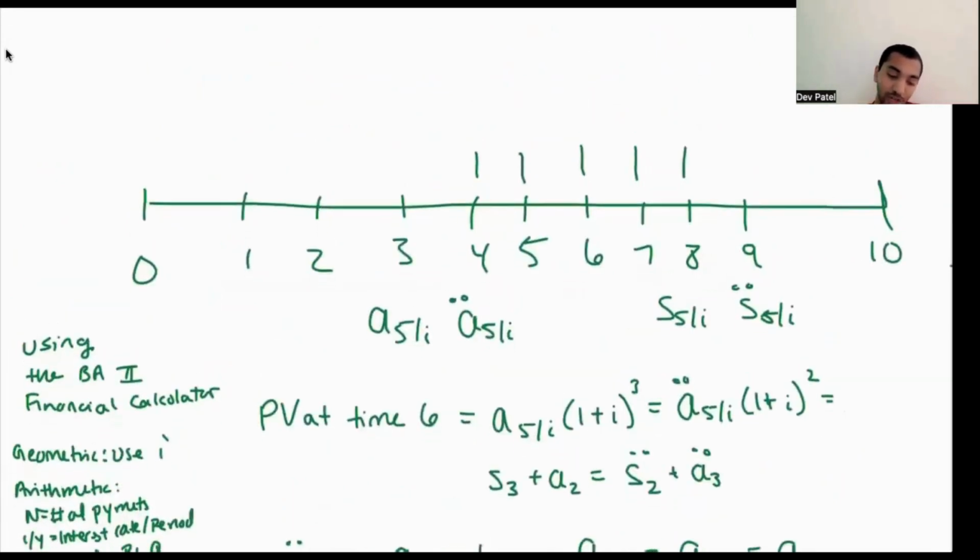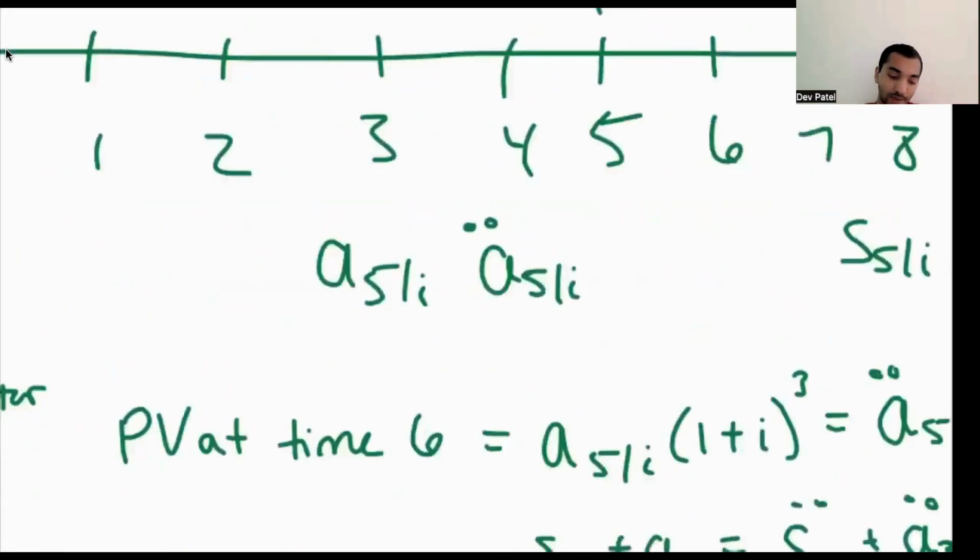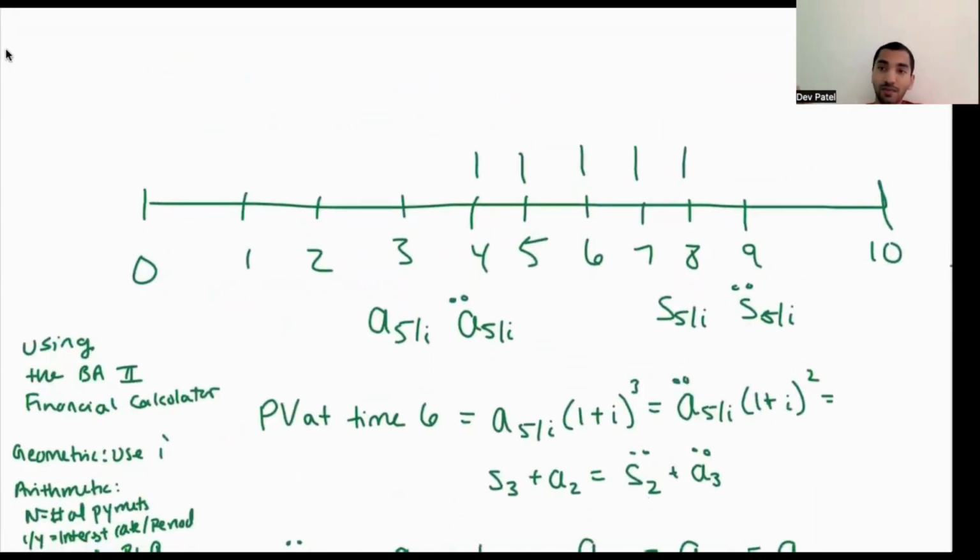Annuity immediate starts one term before the first payment. As you can see, a angle 5 (immediate) represents the present value of the annuity immediate, and s angle 5 (immediate) represents the accumulated value at the end of the annuity. So annuity immediate goes from one term prior to the first payment date to immediately after the last payment. On the other hand, annuity due starts at the first payment, and then it goes until one period after